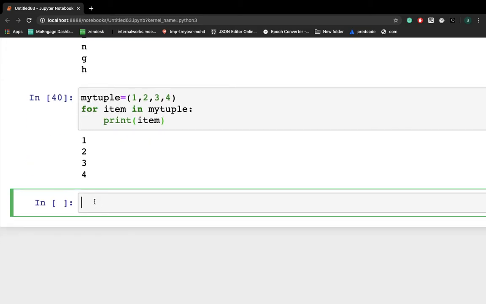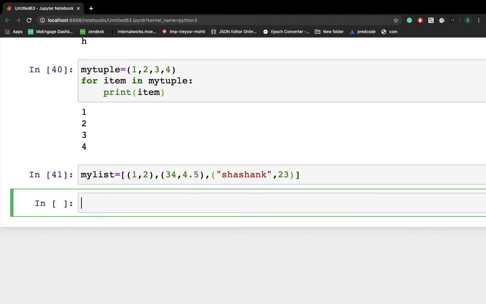Let's talk about some more examples. My list. This time I'm writing a list wherein I'm providing a few tuples, 1 2, then 34 4.5. Now let's say I'm writing Shashank, and I'm providing an age, let's say 23, right? So this is my tuple.